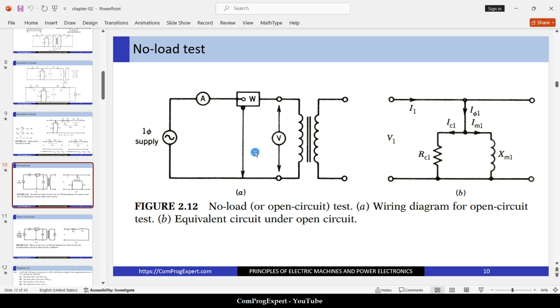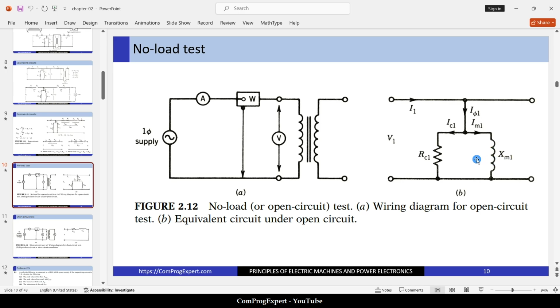Here is connected to the coil 1, this supply. And we measure the value of the current and also the power consumed by the coil. So when we read these numbers, we can determine the value of the core resistance and the